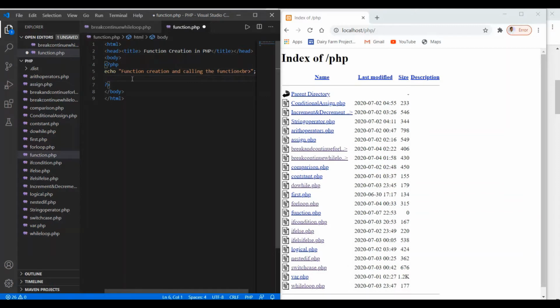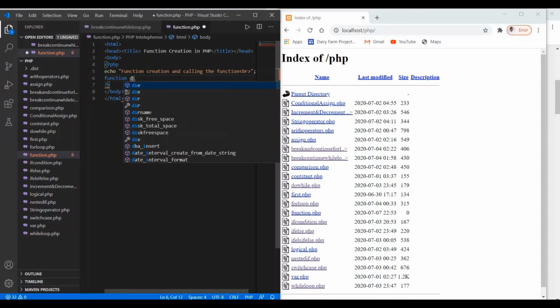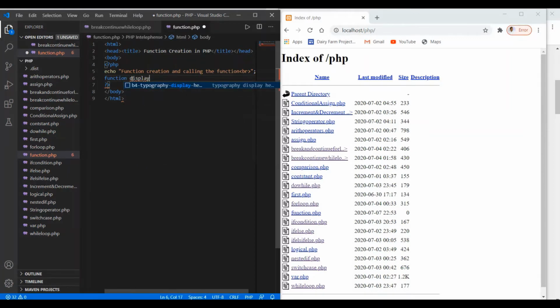So done with this. In order to create a function, I have to use the function keyword. Here we have the function keyword, and we have to give the name of the function. I'm giving the name display message, display msg, and here we have to put the parenthesis to declare the function.